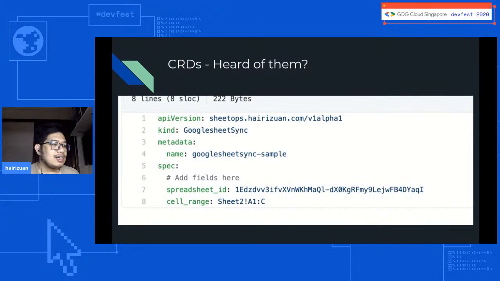So in this case, I've told my cluster, okay, now I have this new type of resource called Google Sheet Sync, and I will be using it to define my configurations, and then I expect you to manage it for me. So this is what the Kube Builder framework provides for you, and then you can use it to